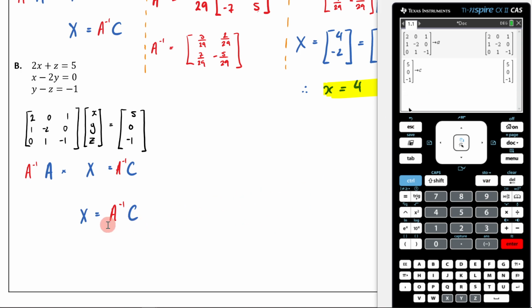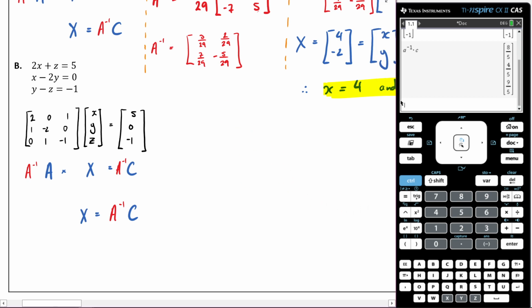And therefore, to figure out what X is, what I'm going to do is take A, the inverse of that, multiplied by C. And that means my answer is going to be those lovely numbers there. If we were to write out exactly what we're doing after this step, coming back up here, I'm saying that X, Y, Z, because remember, that's what X is, X is X, Y, Z, is equal to